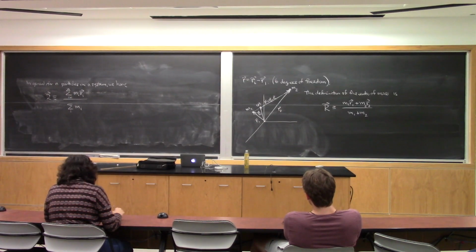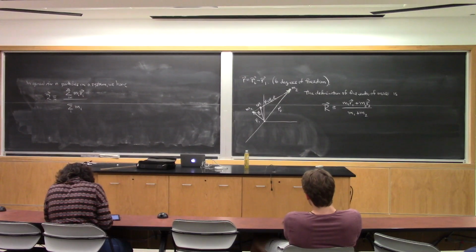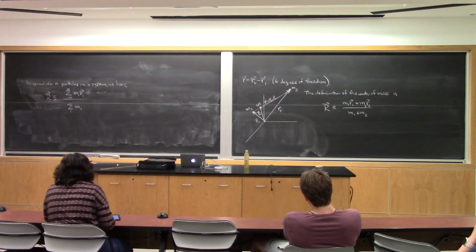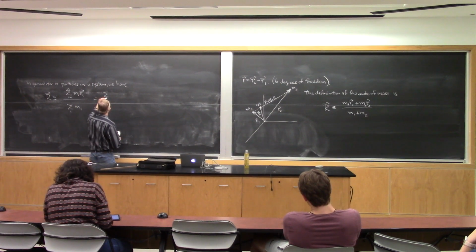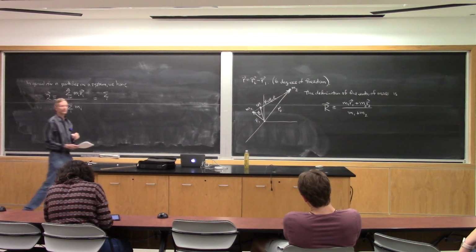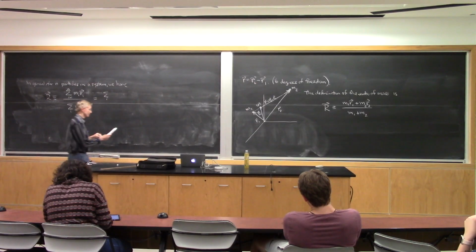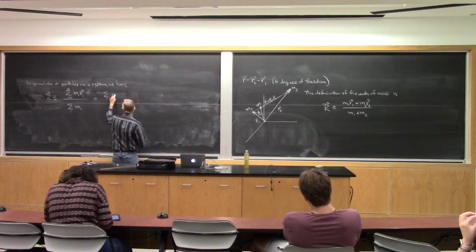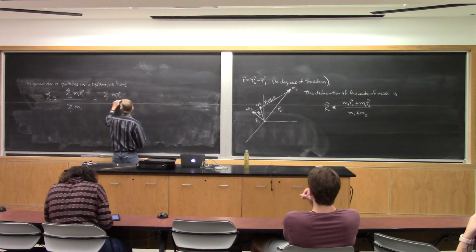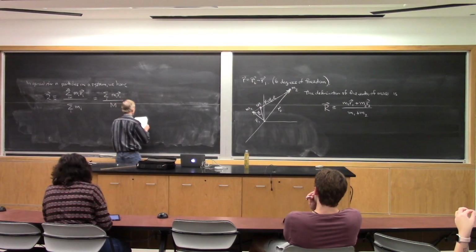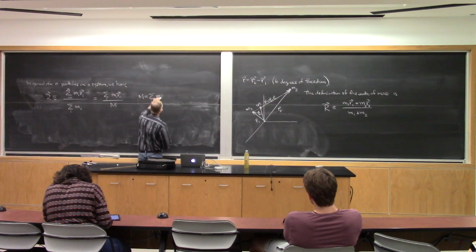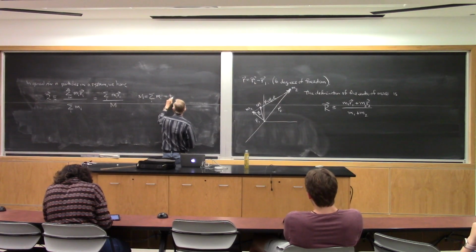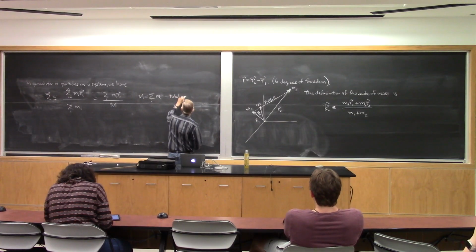So we generalize by making it a weighted sum over all the masses in the system divided by the total mass of the system. And so we say this is the sum over i, I'll just suppress the up to n there, it's understood there's some number of particles n, of the m_i r_i divided by capital M, where M is just the total mass of the system. Add up all the masses.